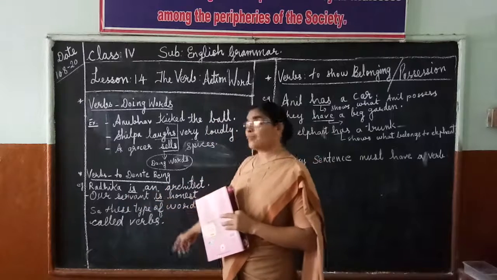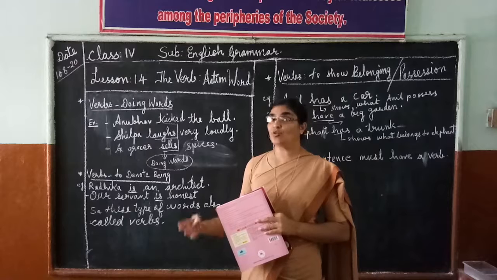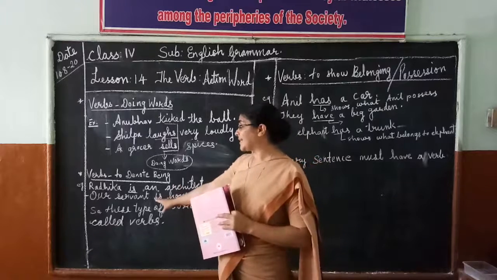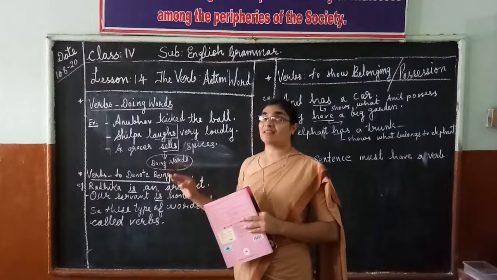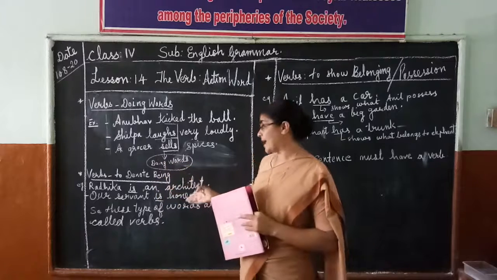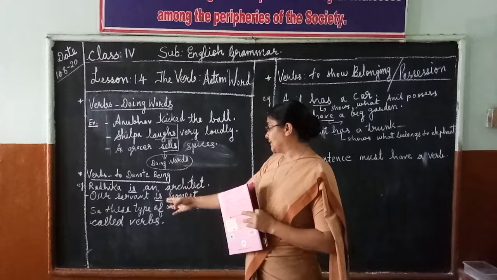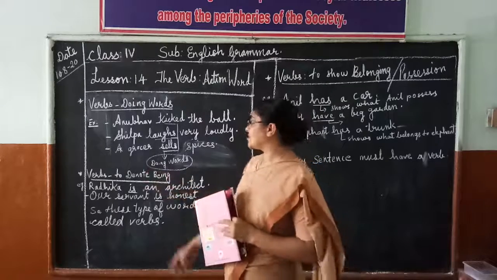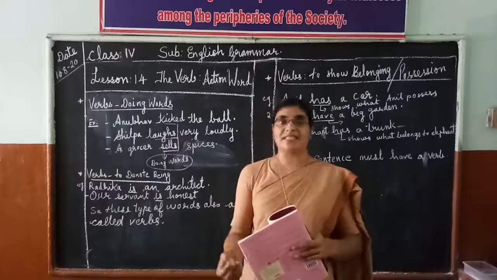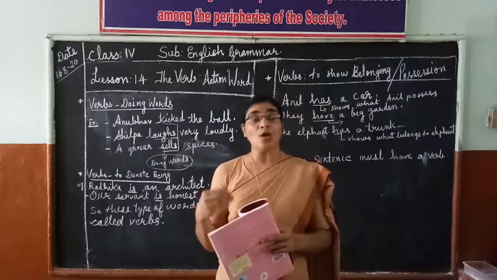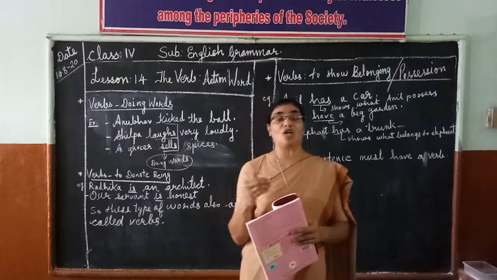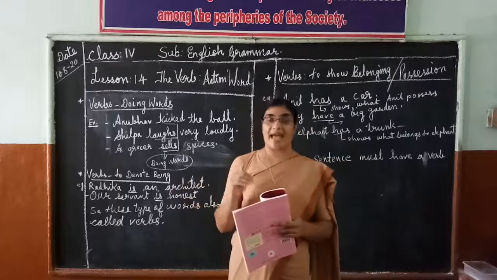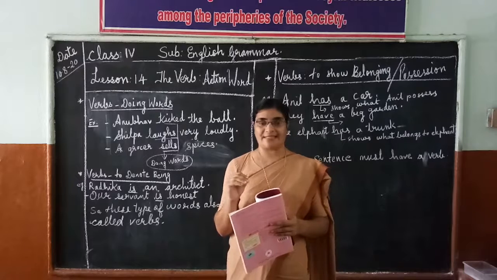So here also, we are not saying what the servant is doing, but only what type of man he is. He is an honest man. So these types of words are also called verbs. The verbs that denote being are a part of the verb, meaning what somebody is or somebody has. Now those types of sentences.